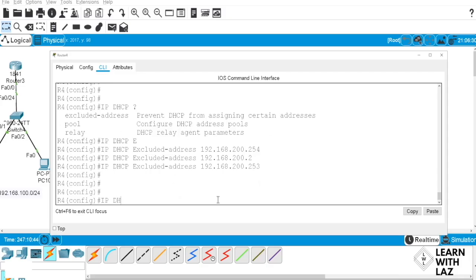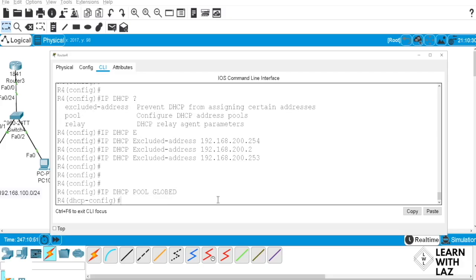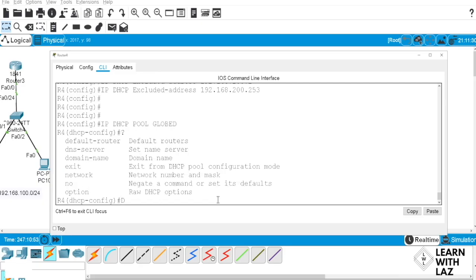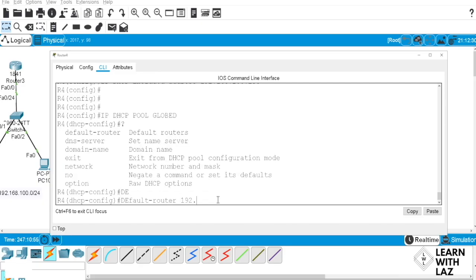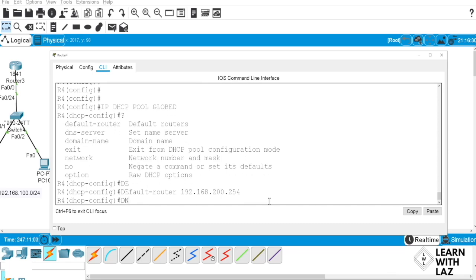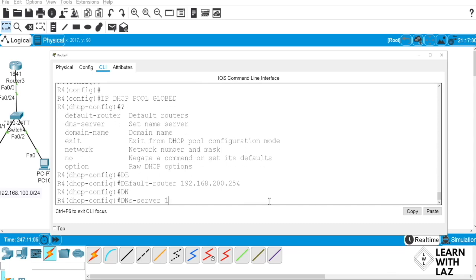IP DHCP pool. All right, and we'll call this globed, right? And then the default router, hey, we already know the IP address for that, don't we? 192.168.200.254. And we don't need to make any changes because that's what it is. All right, and then the DNS server, we know what it is, right? 192.168.200.2 because we assigned it statically.